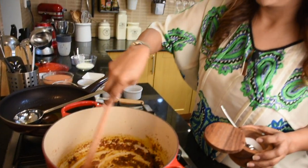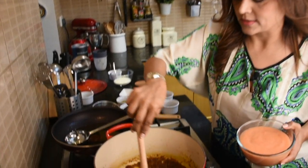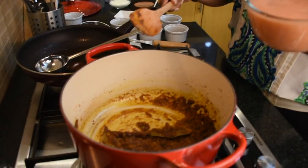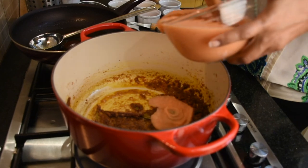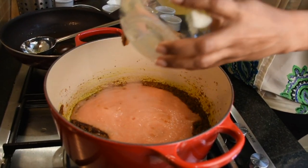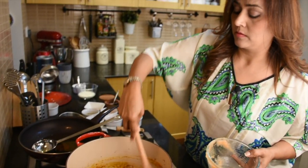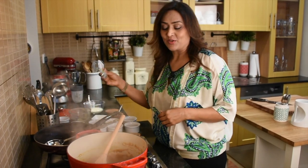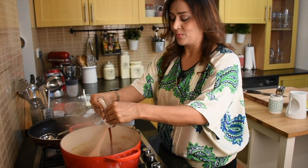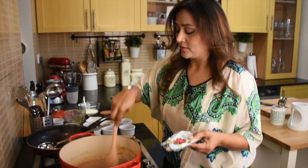Just stir all the spices. Now all the spices have been roasted nicely inside, and I'm going to add these tomatoes which are pureed. These are freshly blanched tomatoes. I like to add a touch of store-bought tomato paste as well, which gives the vibrancy and a nice rich